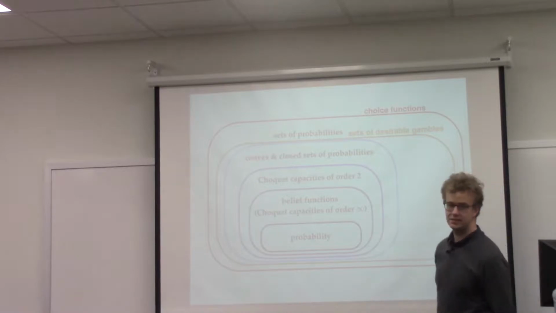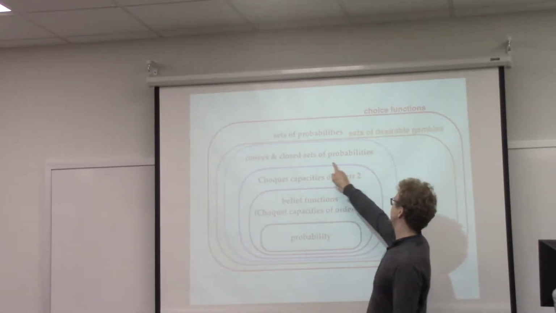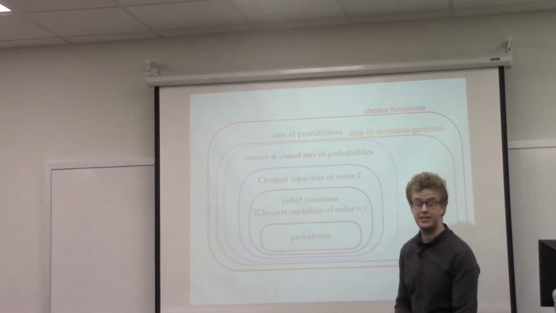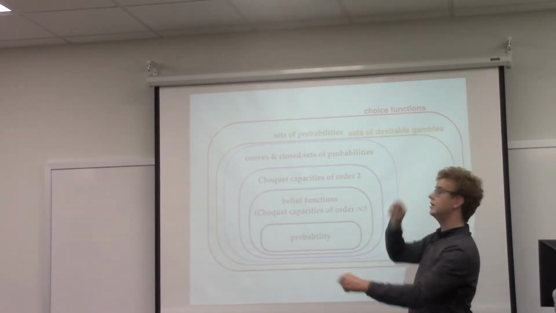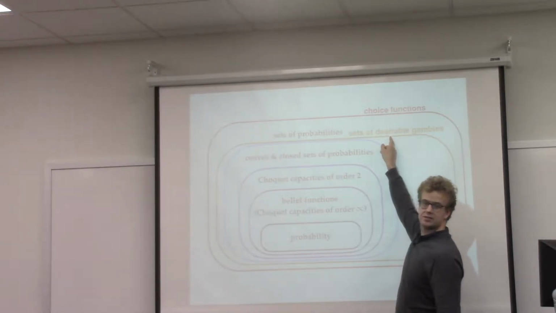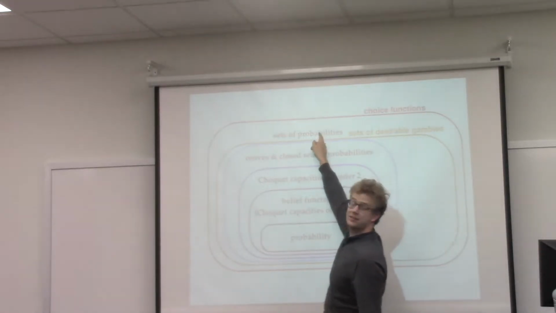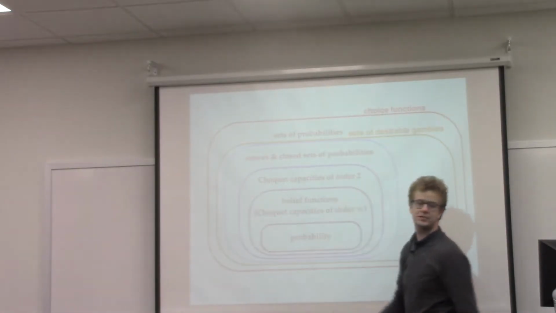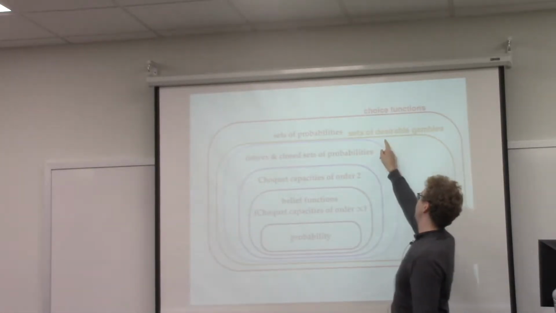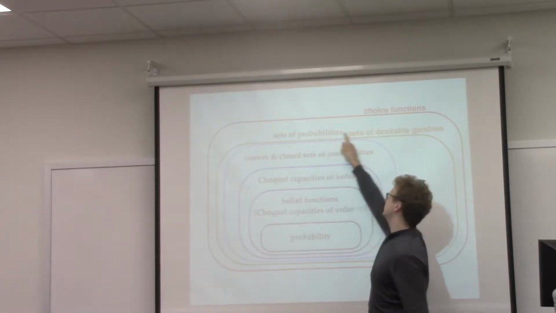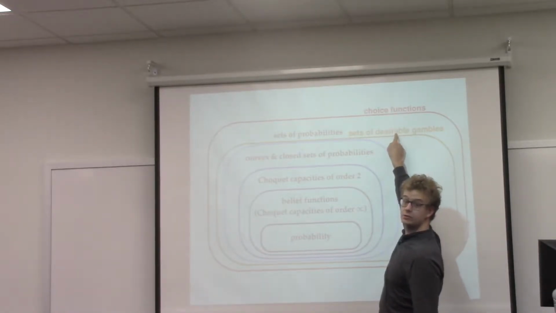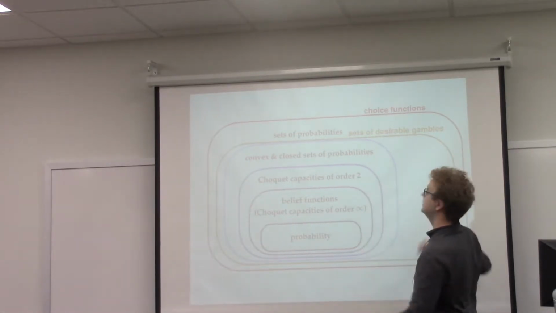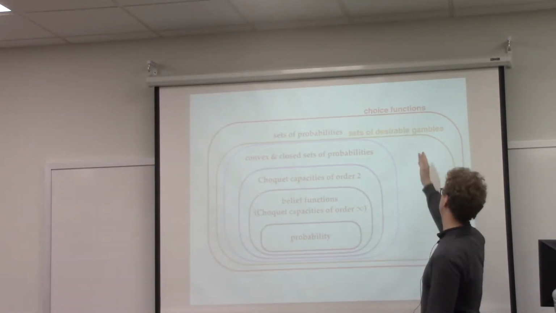But I also want to mention that here, the generalization sort of branches out. A set of desirable gambles is still convex, while an arbitrary set is not. So neither one of those two is more general than the other. This is not convex. This is still a convex theory, but it is not Archimedean, and this is Archimedean. And both theories are unified by choice functions.